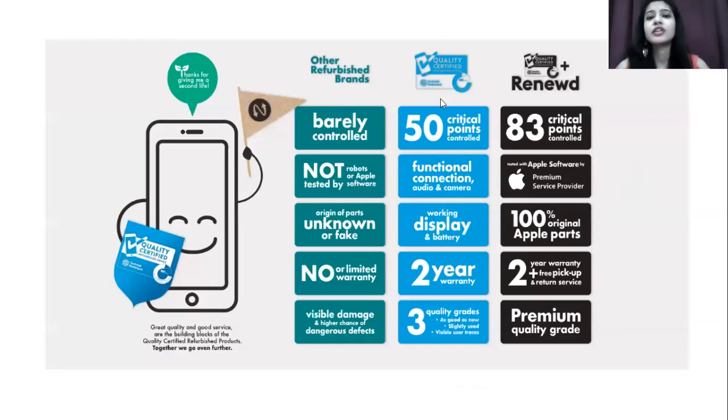Now coming back to the refurbished product's parameters, we check the display. When we check the display, we check whether it's working properly or not, whether it has any scratch or not, whether it's broken or not. Buttons have to be checked. All the buttons and keypads have to be checked. Camera quality, video quality, audio quality have to be checked. The external factors like scratches, we already checked. The battery has to be checked.